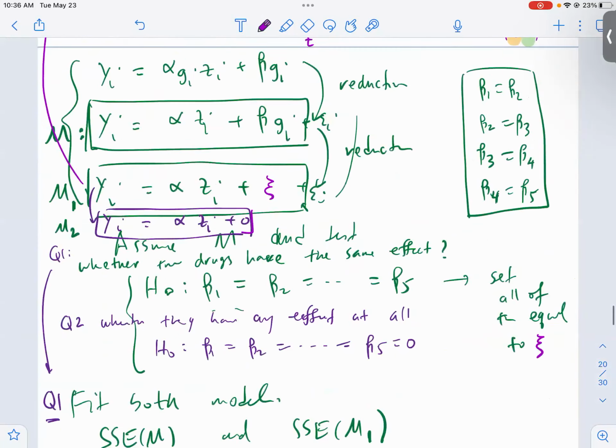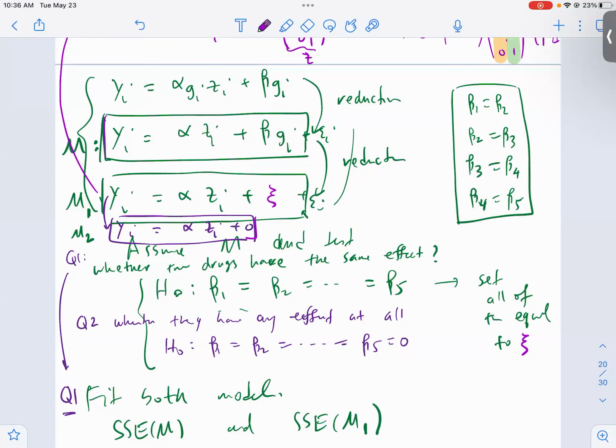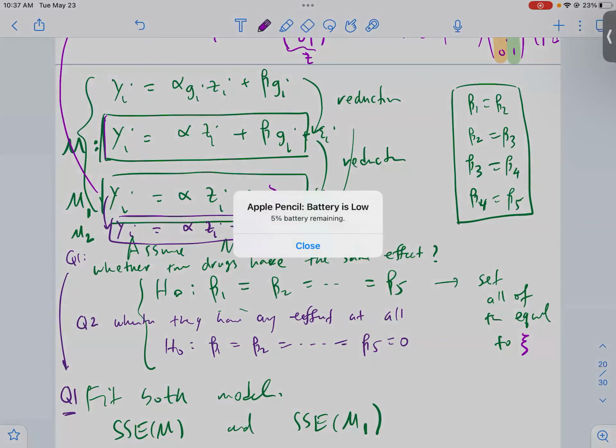So if you compare M and M2, you favor M, right? If you compare M and M1, you favor M1, okay? So maybe we should go with M1, right? Then you can also do another test, M1 and M2. Hopefully you favor M1. And I forgot what the answer would be, but as an exercise, do